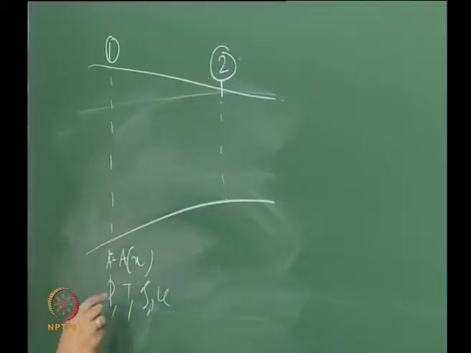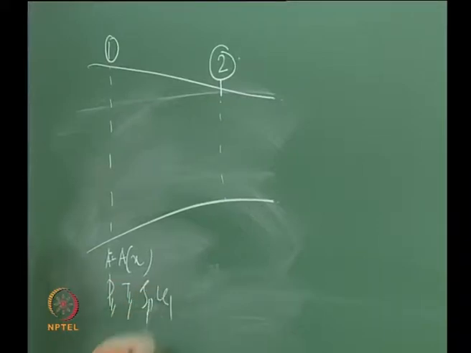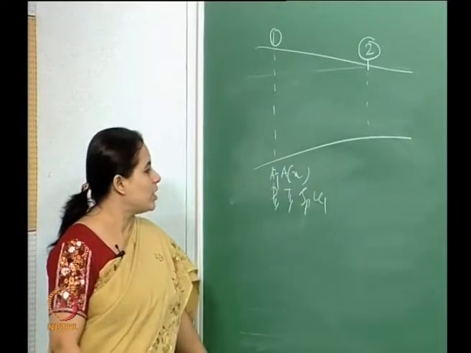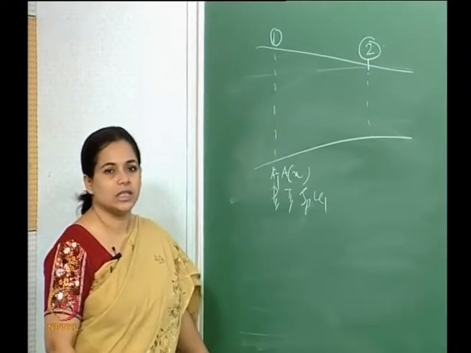Then in that case we have P1, T1, rho 1, U1, A1, and so on and so forth. Now we know from the equation of continuity that